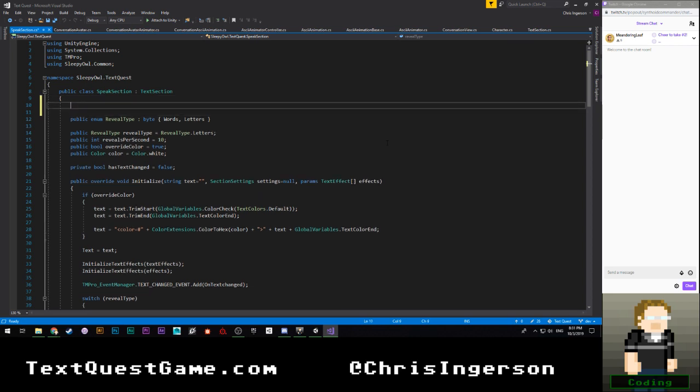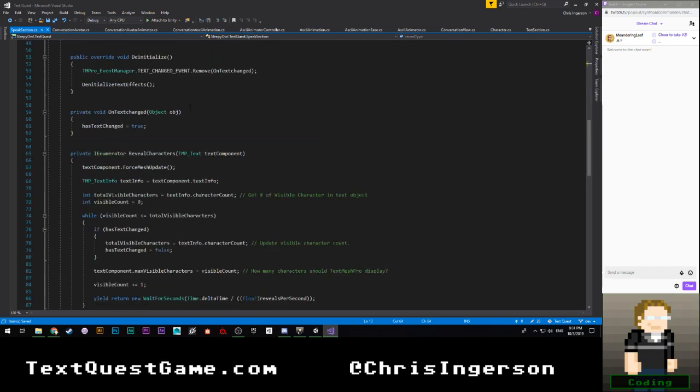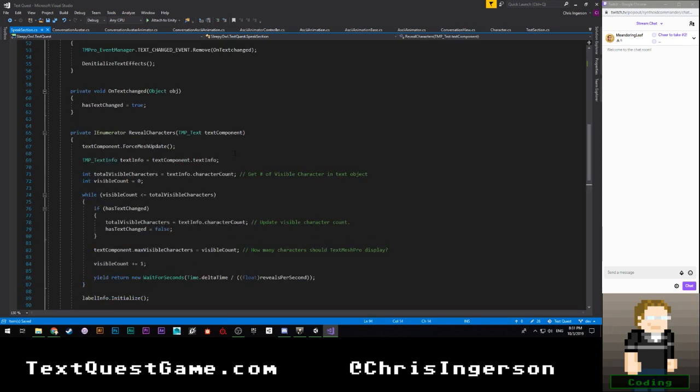So we're going to come up here. I'm going to say public event System.Action OnTextRevealed is equal to delegate do. It's a little awkward, but I think it'll work. So we're going to come down to here.